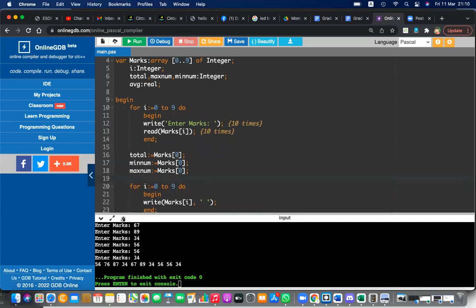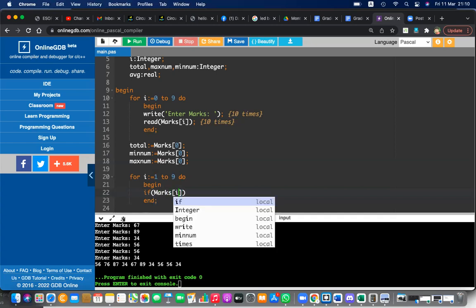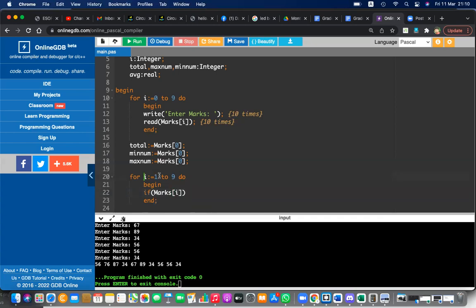But if there are multiple, then you have to rethink. Okay, let's use this for the remaining 9 numbers which are going to come. It's 1 to 9, because 0 is already taken. Now 1 to 9 remaining. Now I can begin. I can tell the story. So I can say, if the current input, which is marks I,